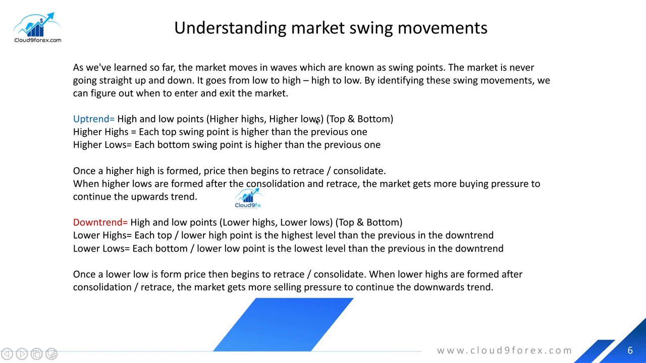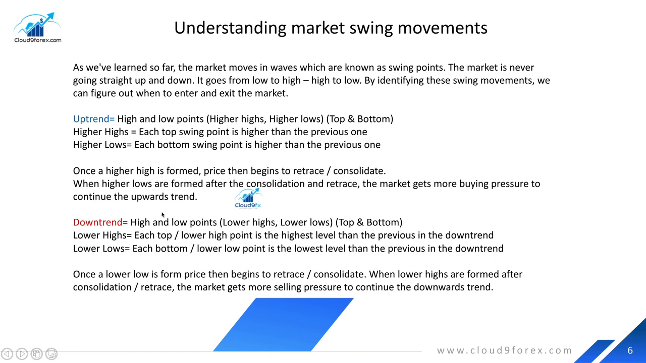Okay, so higher highs and higher lows. Higher highs equals each top swing point is higher than the previous one. I just went over that. And then higher lows, each bottom swing point is higher than the previous one. Once a higher high is formed, price then begins to retrace and consolidate, which is a pullback. When higher lows are formed after the consolidation and retrace, the market gets more buying pressure to continue the upwards